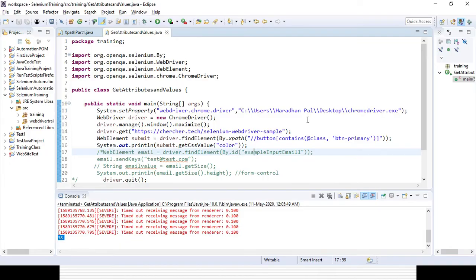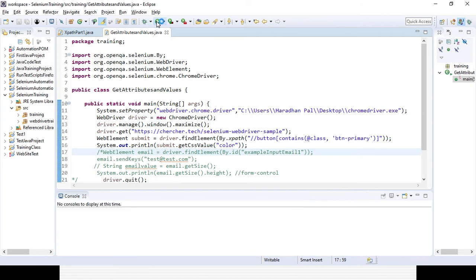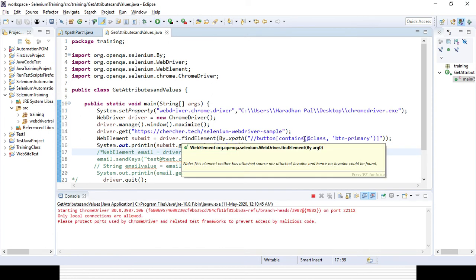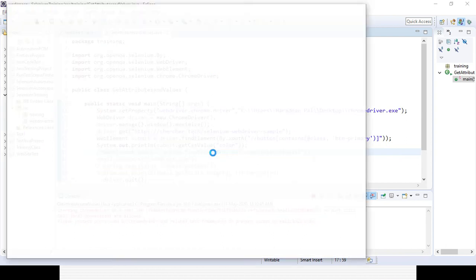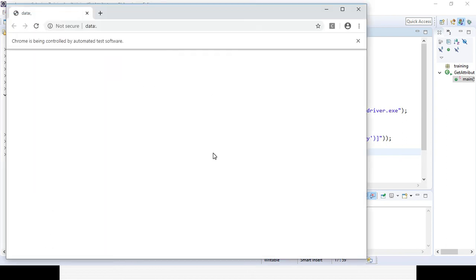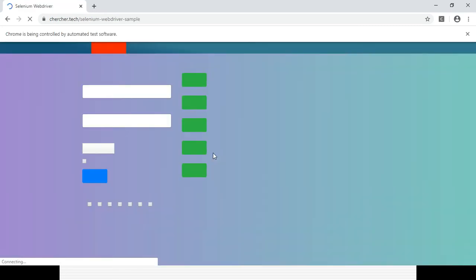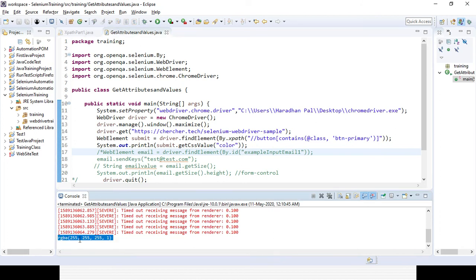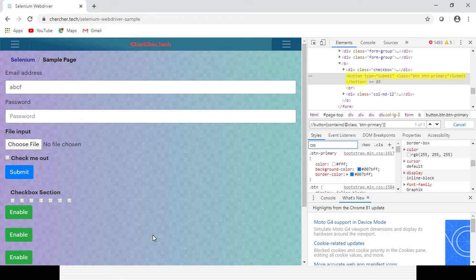So if you run the code, it will display the color for the particular submit button with the help of get CSS value. Because whenever you are creating any object, all the CSS values, like background, size, positions, everything will be driven by the CSS value, and as and when required, you can get whatever is already created for the particular element, right? You can see this is coming, RGBA 250 250 like that. Then it should match with the expected one, right?